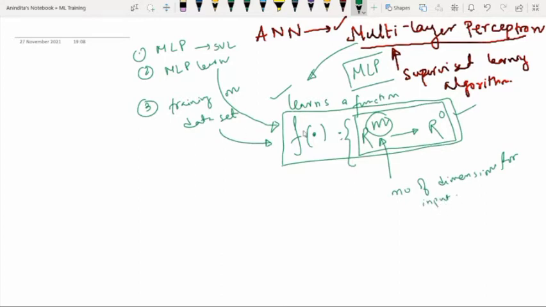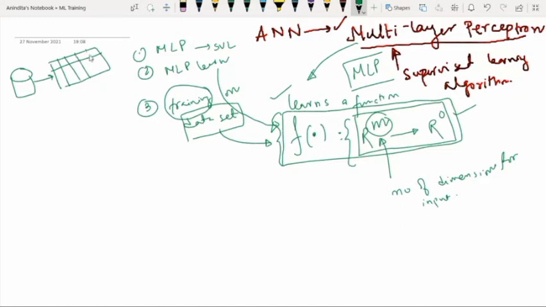So we know that for this learning function we are going to achieve, we have to perform a training process on some particular data set. And whenever I am talking about some data set, we have already explored numerous data sets where we have some inputs. So whichever inputs we are talking about, the features, the dimensions of the input, the number of dimensions of the input is represented as M.